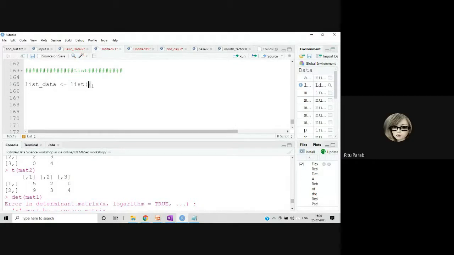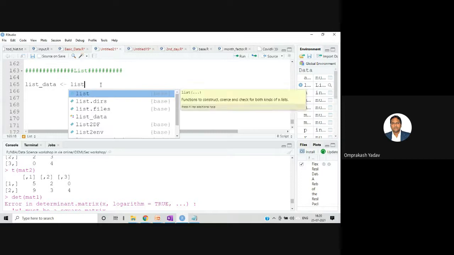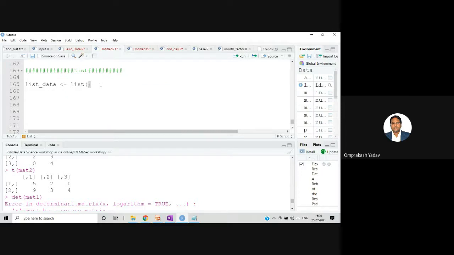So I was telling that now we will go ahead with the list, and I'm creating one list. So one variable I have taken, and there is one list function. With the help of list, we can create the list. Let's put over here a combination of data like A, then B, then let's say 1, 2, 3. So this is my list, and if you see here, it's a combination of character as well as numeric data.